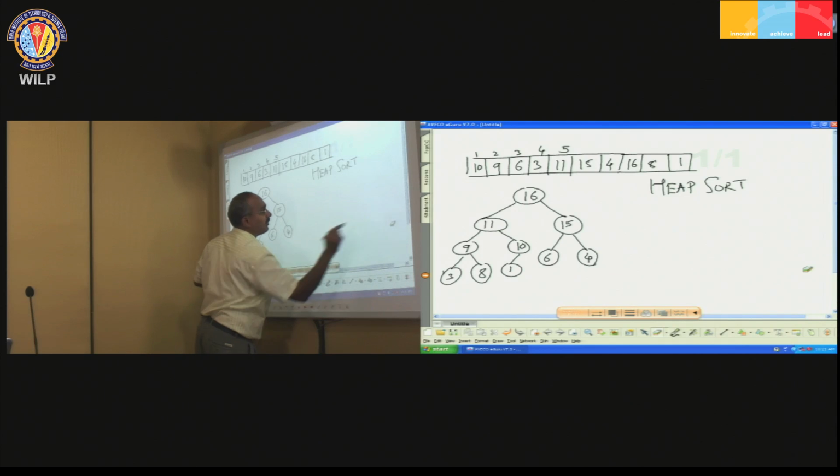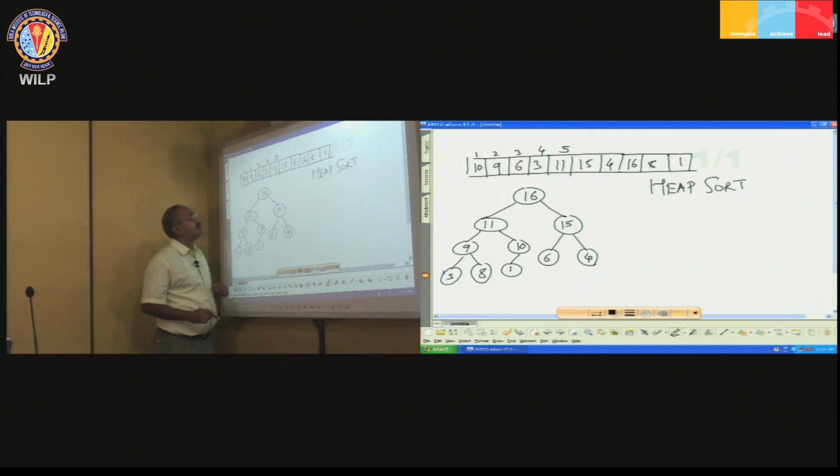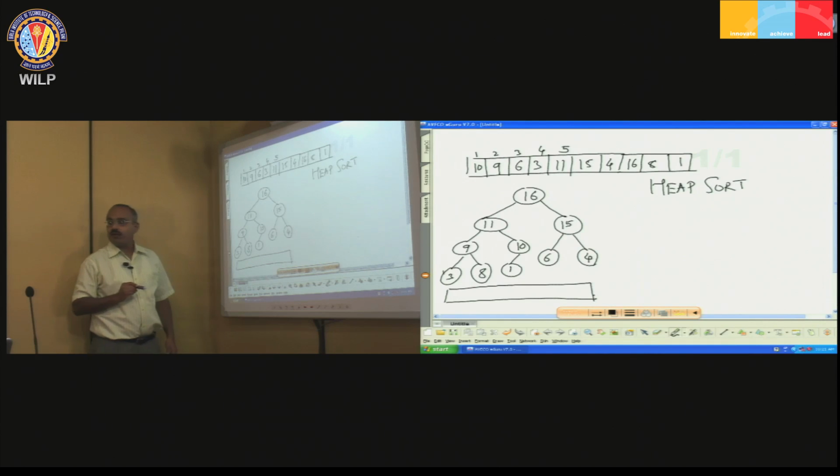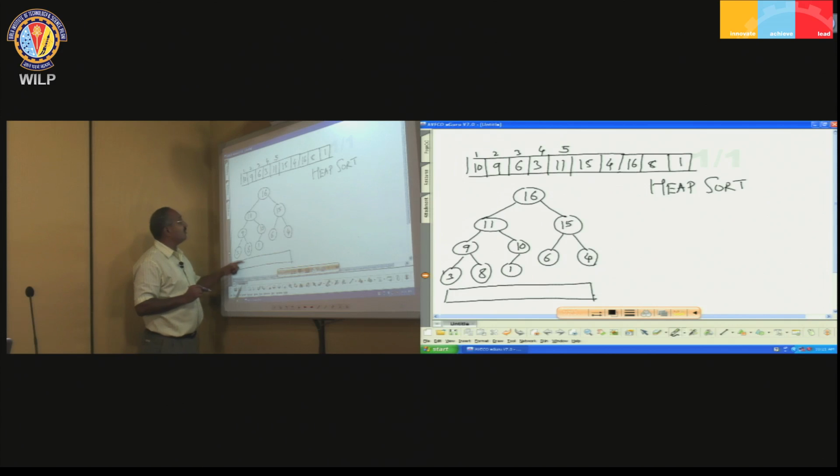Now, what we know is that the maximum key is stored at the root. Once we have this, we can also write down precisely the array which this heap is going to represent. So, let us try to do that. We started with an arbitrary array and built a heap using the build heap operation. For this heap, I am now going to write down the corresponding array that it represents. So, I will have 16, its children are 11 and 15,